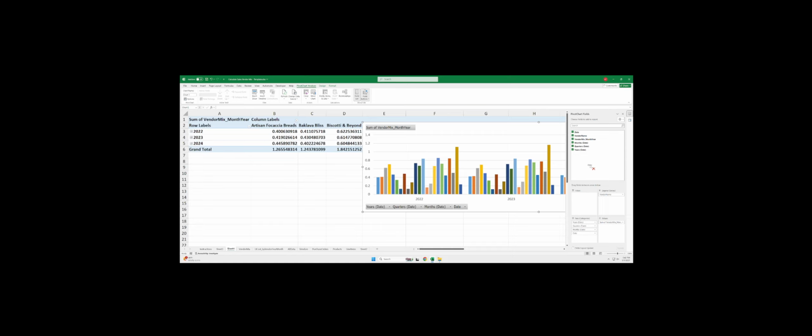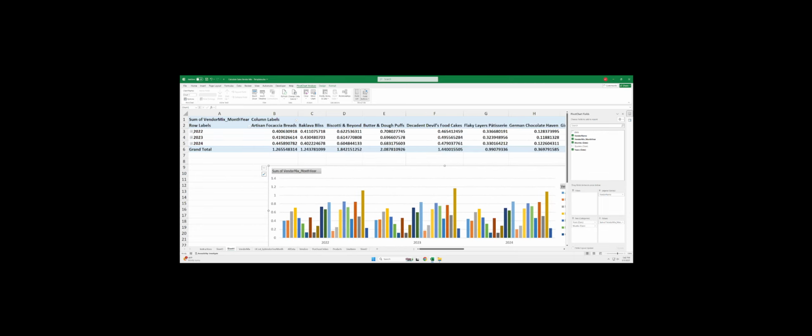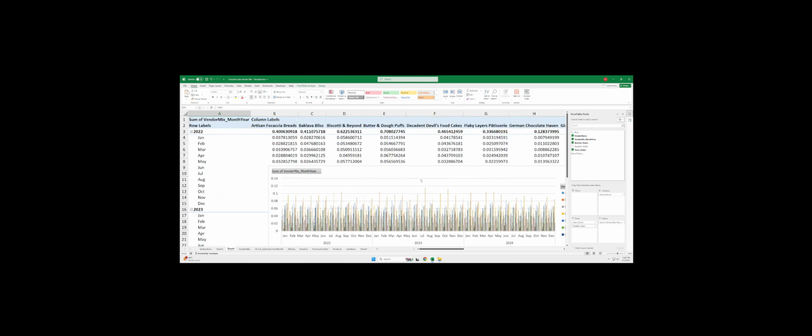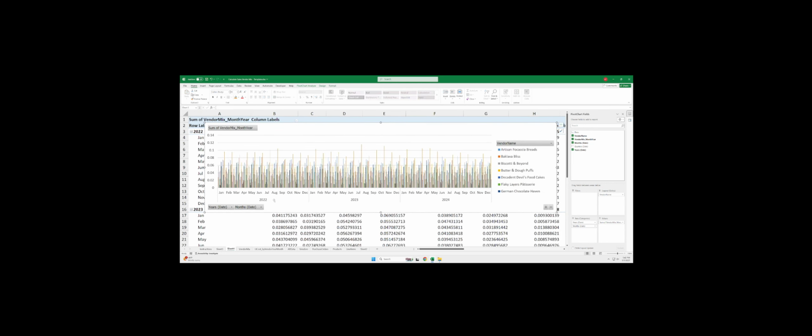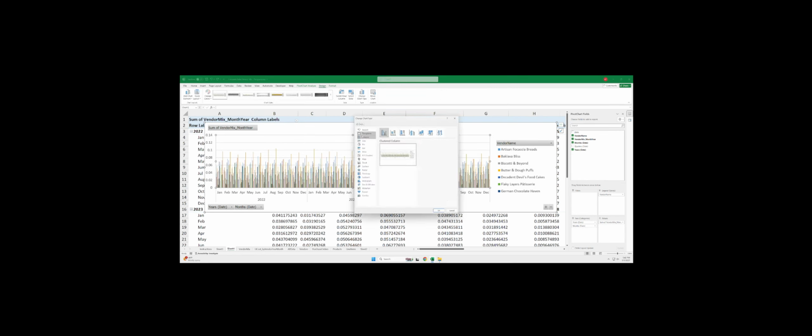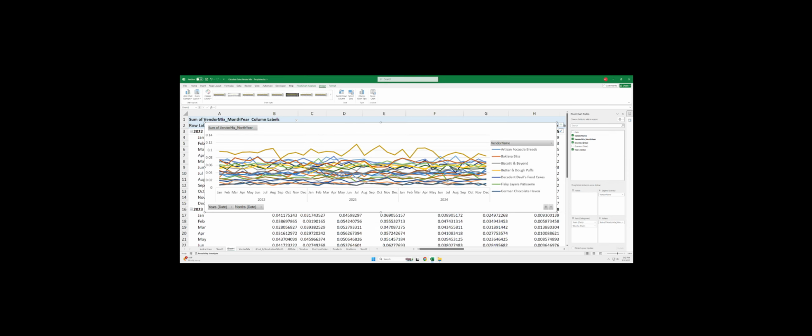I'm going to drag out the actual specific date and the quarters. And then over here, first of all, I'm going to expand out my years so there's months in them. And you'll see right here that gives me my months in every year. And I want to change this to a line chart. So I'm going to go to design on PivotTables, change chart type, and change it to line chart. And you can see that's very